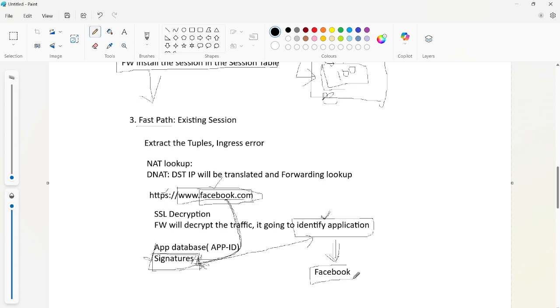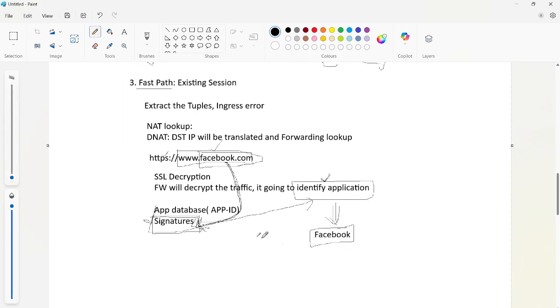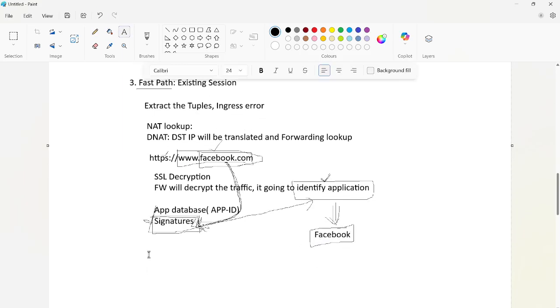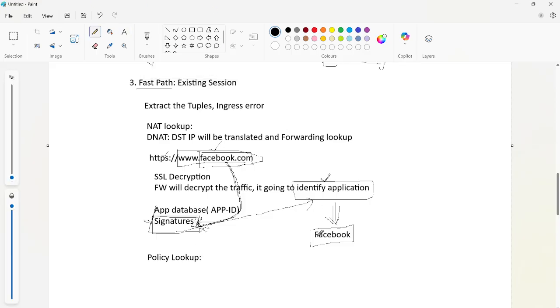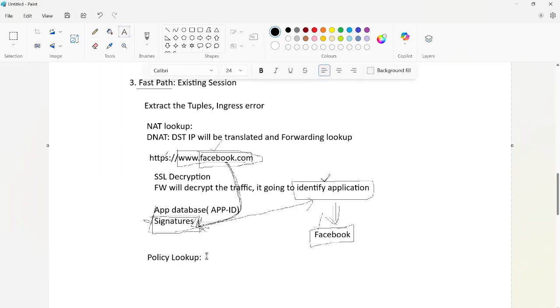Okay, once the firewall identifies the application, it is then going to do a policy lookup again, because the firewall has to know whether this application is allowed or blocked. So it will do a policy lookup.